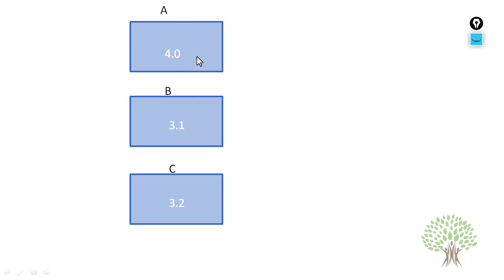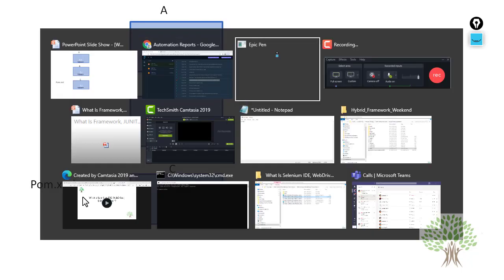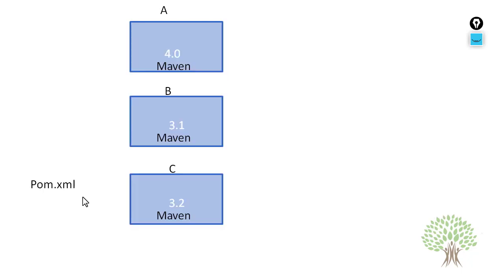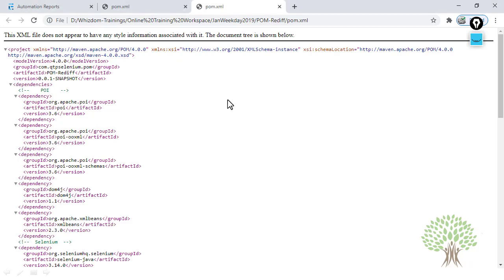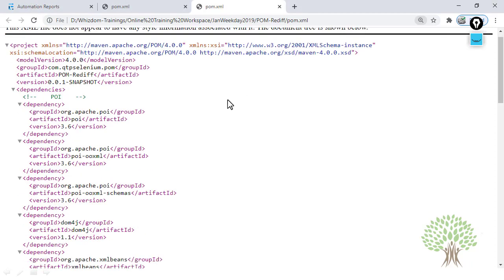That is why we use the Maven tool. Maven is configured on every team member's machine. We go and download Maven and configure it on every team member's machine, and in Maven we have a file known as pom.xml. This is basically a configuration file. Fine. Suppose you have, I'll show you this one. This is a sample pom.xml file.